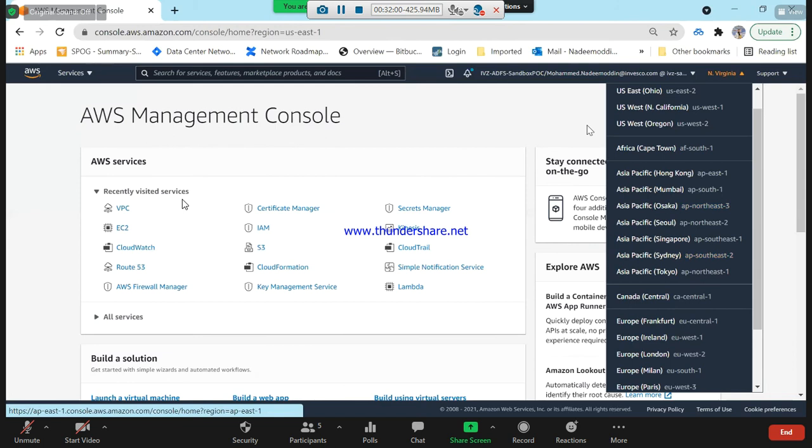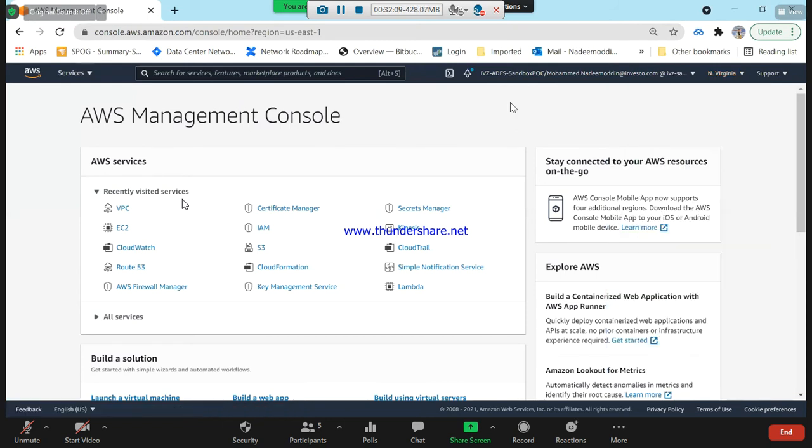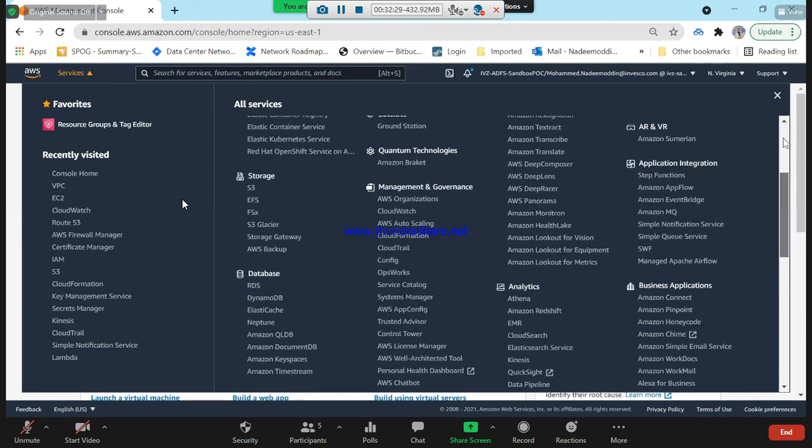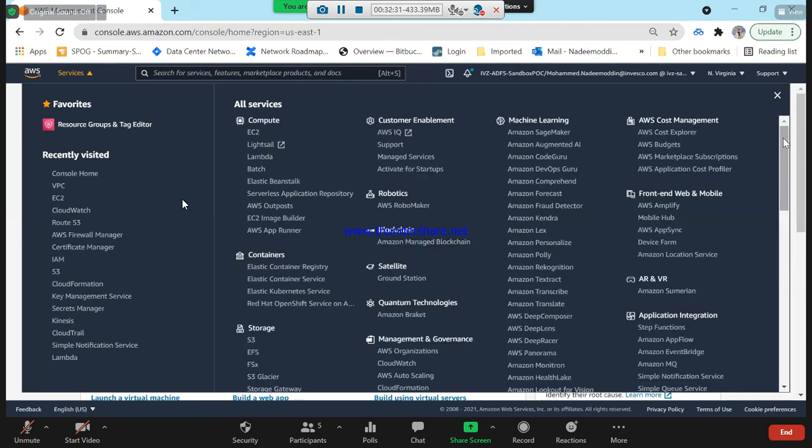So these are what we call the regions. And when you go to the services, in the services, Amazon provides this many services. Some new services are coming here every day; new technologies are integrating with AWS. So a long way to go. But to start, what they did is they segregated all the services into multiple groups.